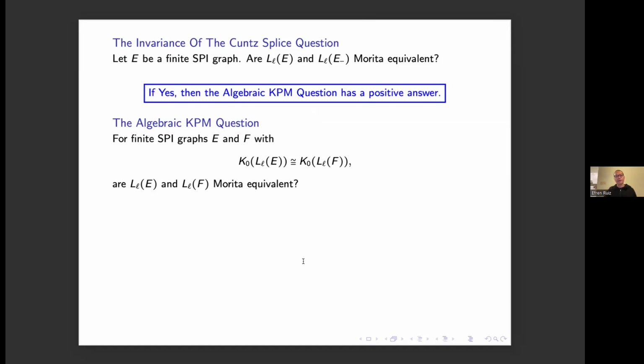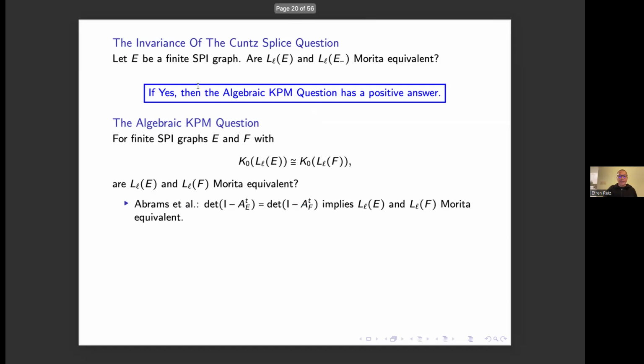And so here we have, if the invariance of the Cuntz-Splice question has a positive answer, then the algebraic Kirchberg-Phillips Morita question has also a positive answer. And again, I want to give us an outline of this proof, and I'll come back later to why I'm doing things that I will do later in the talk. Okay. So I again cite